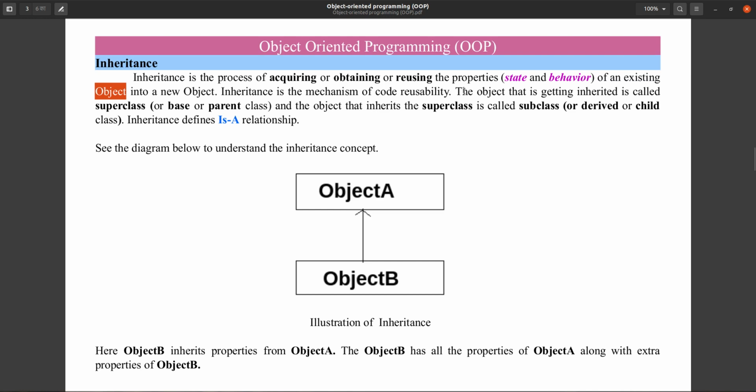When you inherit, it will inherit the properties. Properties mean the state and behavior of an object. State is the fields or variables of a class, and behavior is the functions or methods of a class.